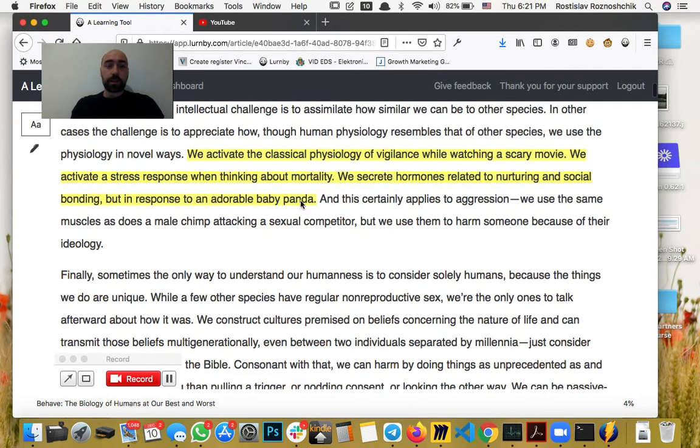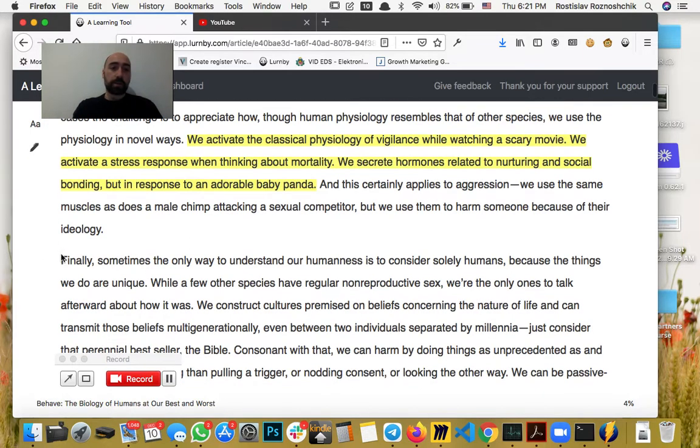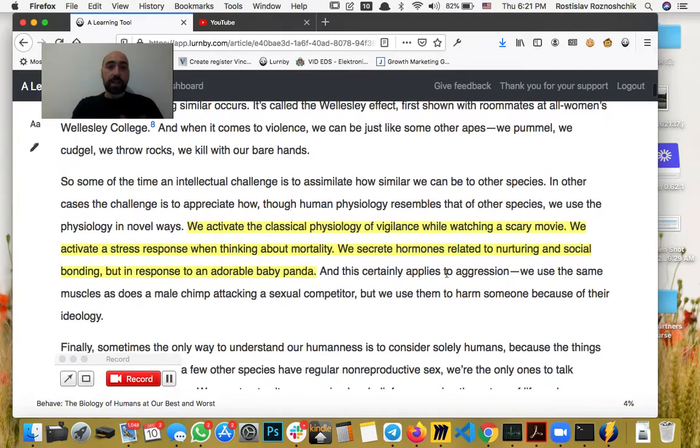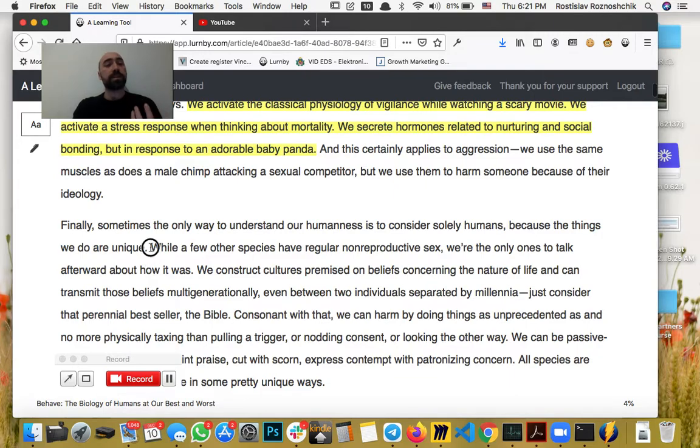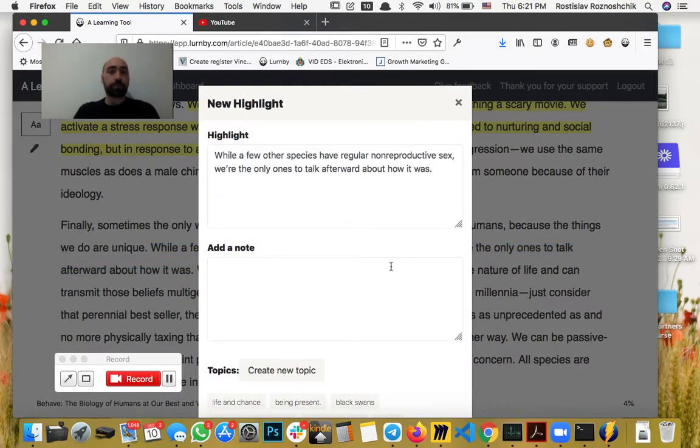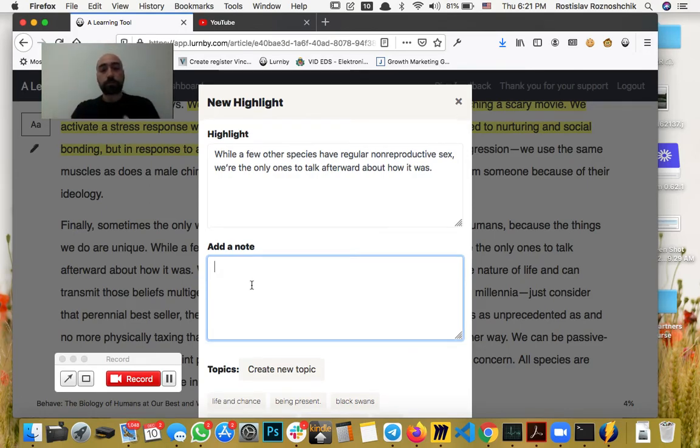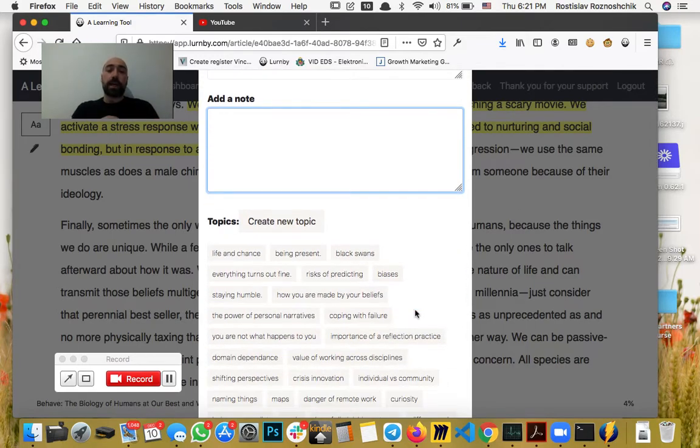So Lurnby is a lot about reading. As you can see, the main premise is centered around reading, actively highlighting, and then organizing your highlights into different topical groups. As you're reading, you find quotes or things that you like, and you think, okay, this idea I would like to react to, this is something I would want to save. So you highlight it, and you end up on this screen where you've got your highlight. You can respond to it, to note down your ideas. And then you come to this main part.